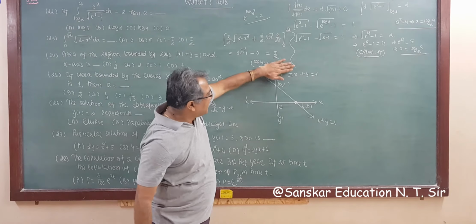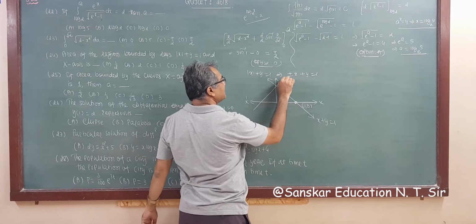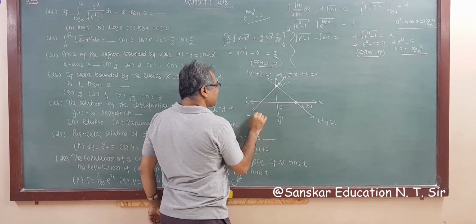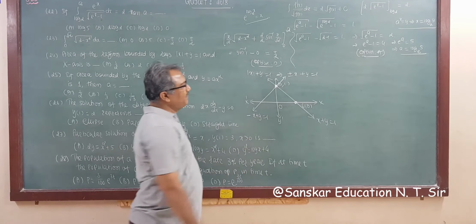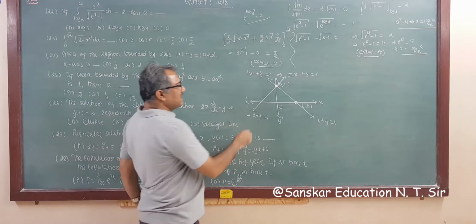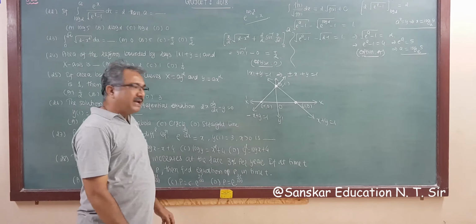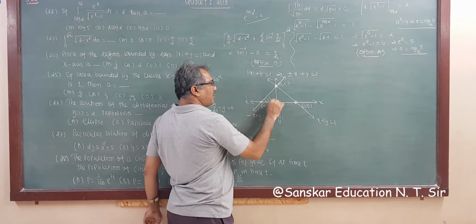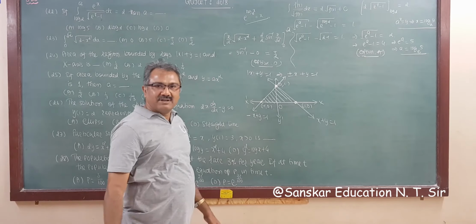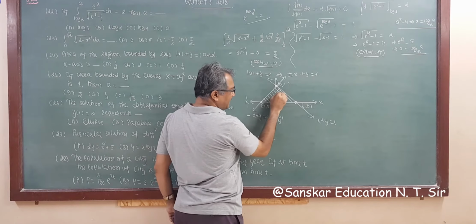Now if we take minus, then the graph of minus x plus y is equal to 1 line is this one. So this is the minus x plus y is equal to 1 line, and this line also intersects here at the point (minus 1, 0). So we have to find the area bounded by these two curves and the x axis, which is this one. So what can we do?